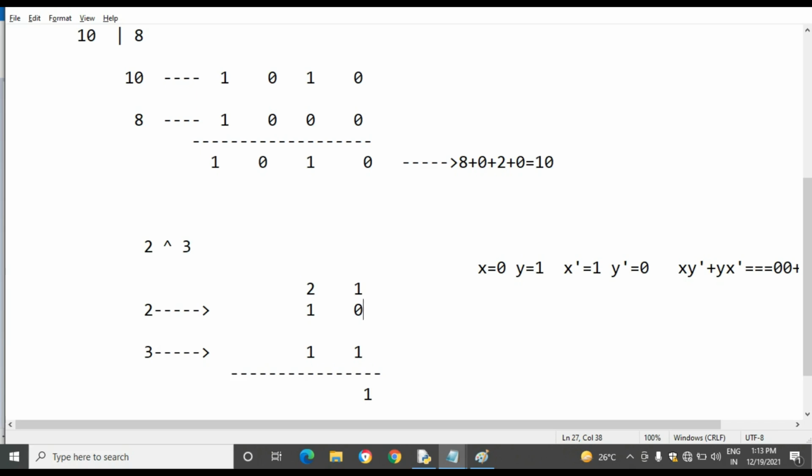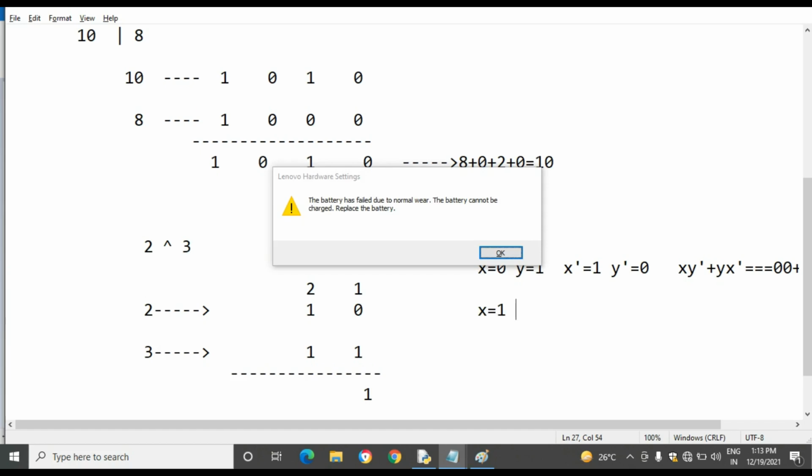Then the next one: x is 1, y is also 1, so x dash equals 0, y dash equals 0.